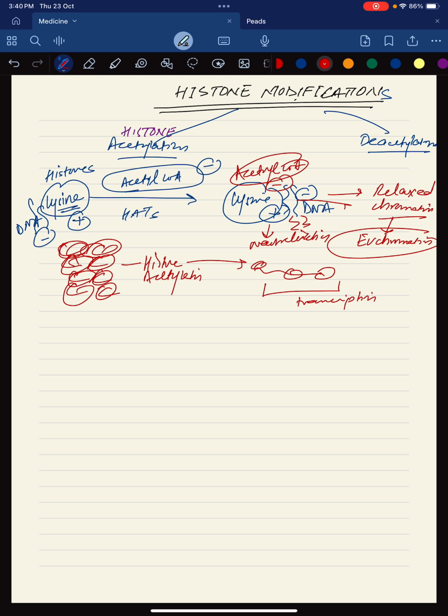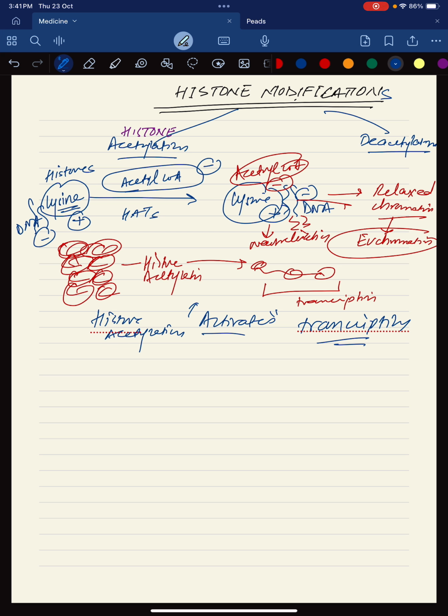So the summary of this point is that histone acetylation is directly proportional to more transcription, or you can say it activates transcription of DNA,